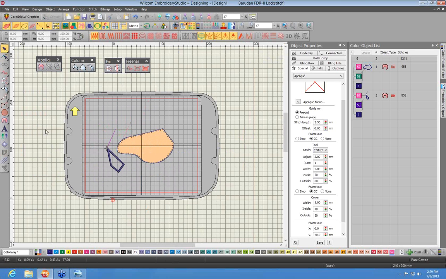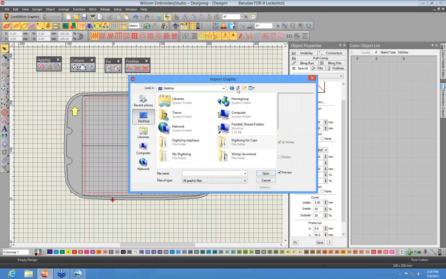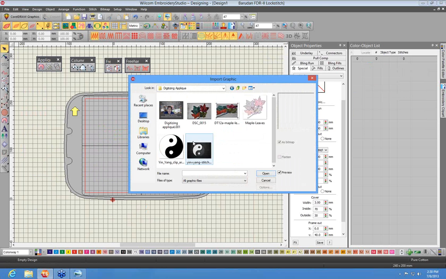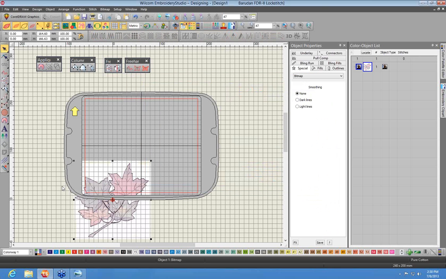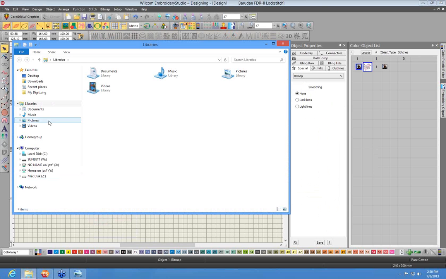I'm just looking at my notes. What I'm going to do, I think I'll just get rid of these two objects, and I'm just going to choose to insert an image, get a graphic. So I'll travel to the folder for today's class, and this kind of maple leaves. I'll just put that inside the embroidery hoop. It looks, let's see, if I show here,